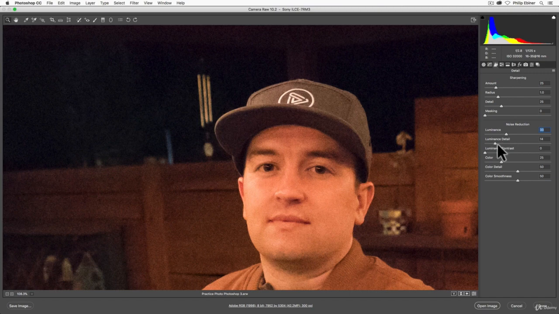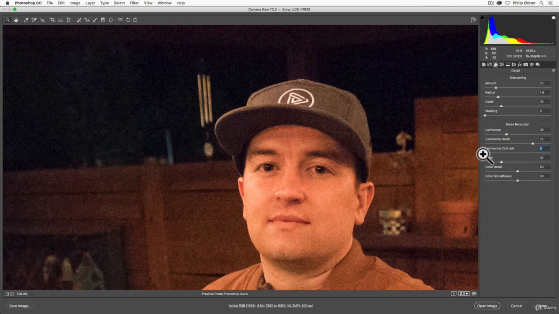So if you drag this to the left or to the right, it will try to increase the detail of your image, or it will say, okay, we'll give up some of the detail and decrease the noise more. So if I want my eyes to be a little sharper, I'll probably drag this to the right. And then luminance contrast, it will look at the edges of things and it will make it more contrasty. So it looks at exposure and colors, and it will decipher if there's like an edge. See where there's this edge with my hat and my forehead, and it will add more sort of detail, make it more contrasty, but in essence, it's adding more noise.